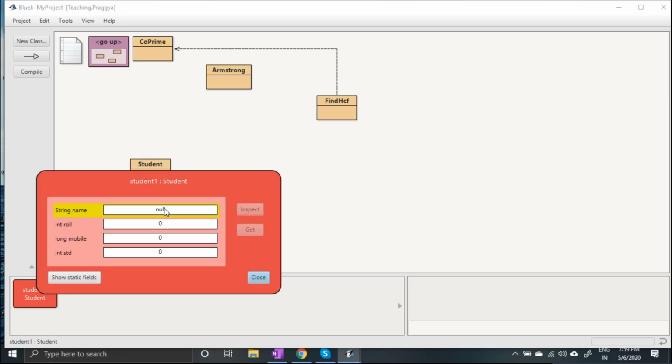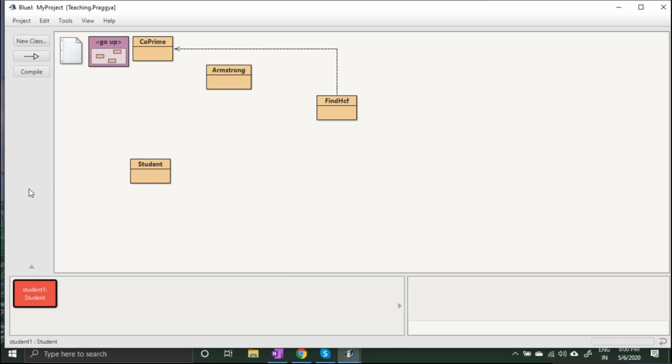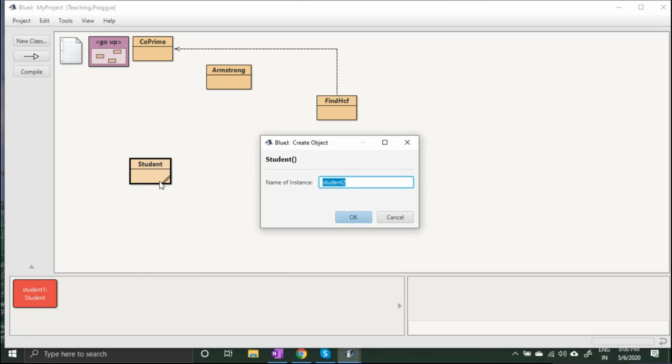So in Java, what is an instance variable? All these variables, the name, roll number, mobile, are instance variables, and they are associated with the instance. What is the instance name here? The name of the instance here is student1. You can name the instance: when you right click and click on new Student, they ask you to name the instance.